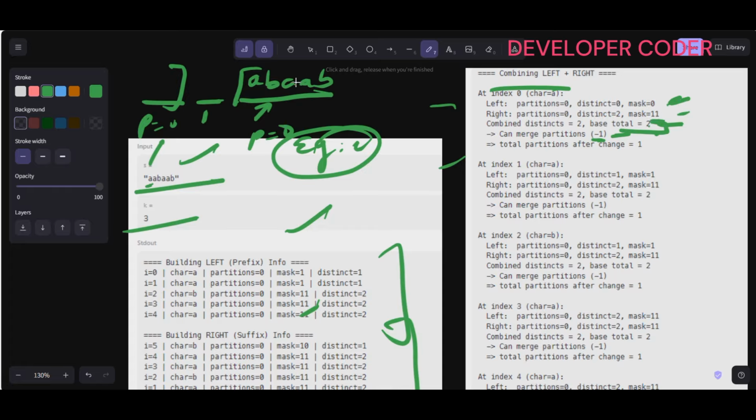These are the mask values. So here 0 1 only, and here 0. So this is done. This thing is 2 on this side. Okay, this is done. This part is clear. Combined also is clear. Now if I merge this partition,